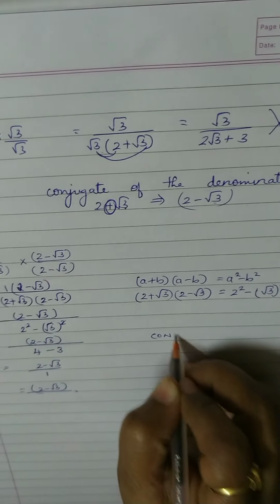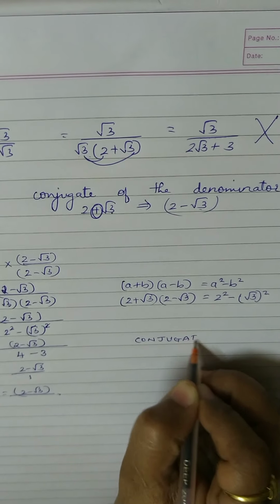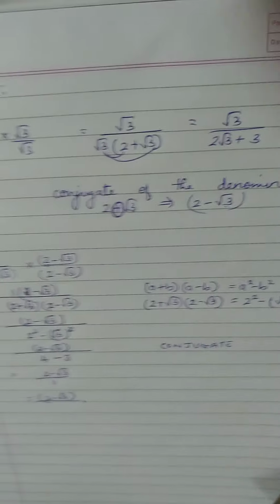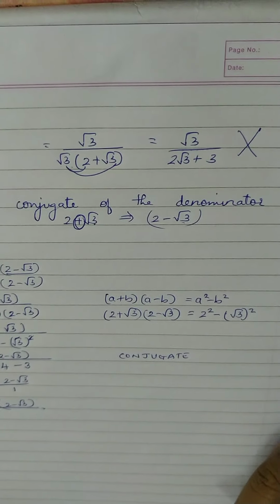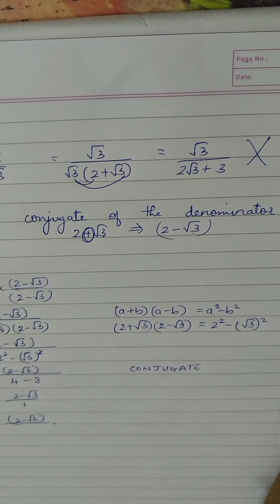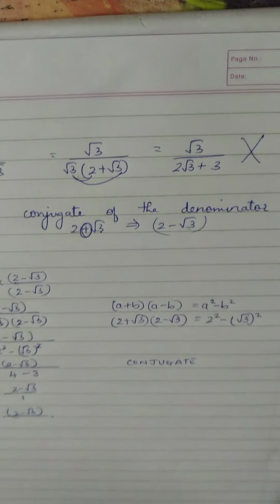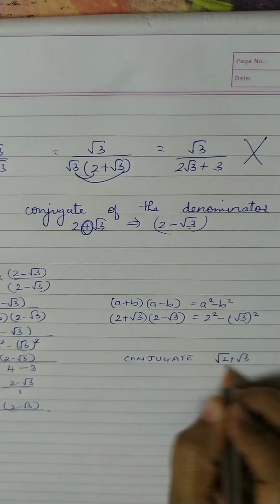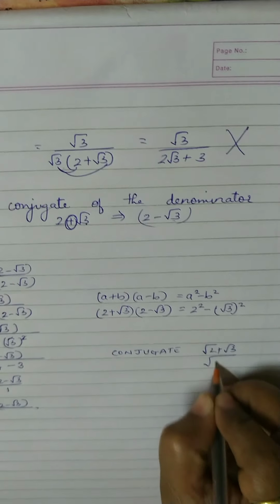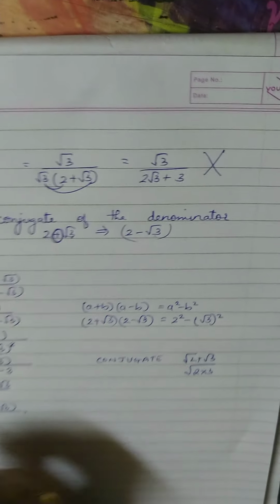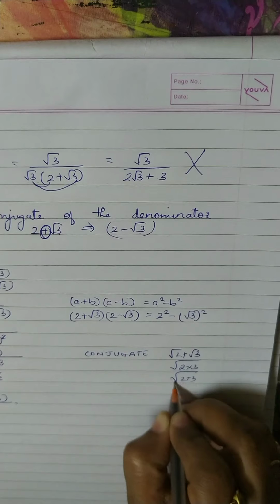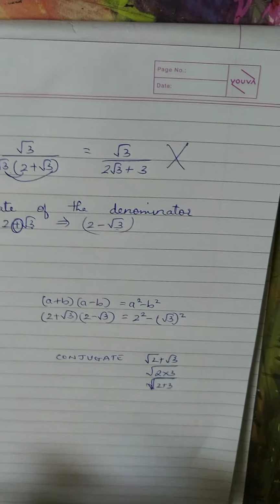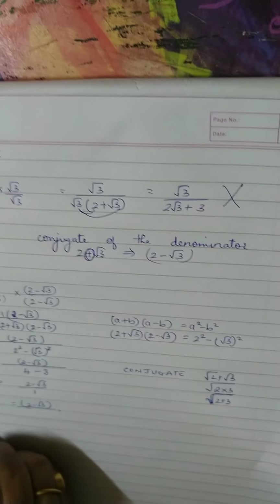I hope you will remember that when we have two terms in the denominator separated by a positive sign or a negative sign, and one of them or both of them could be under the root, for example, I have root 2 plus root 3. Here both the numbers are under root. If I have root of 2 into 3 or root of 2 plus 3, they both are under the same root. Are you getting? So this is different. Let's take one more example.